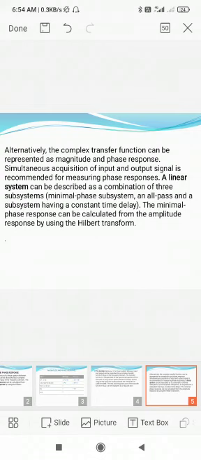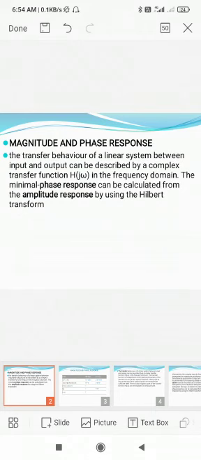These are the topics of the magnitude and phase response